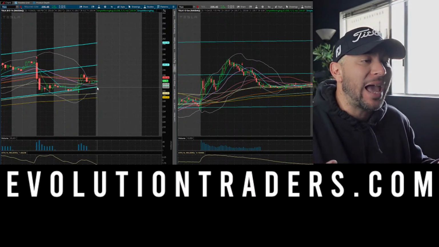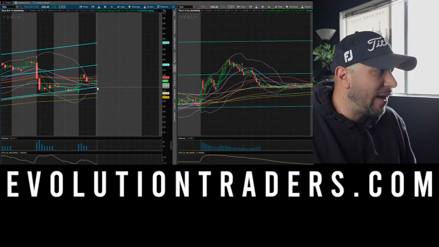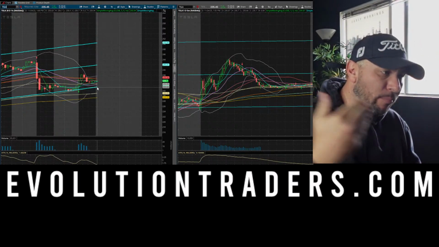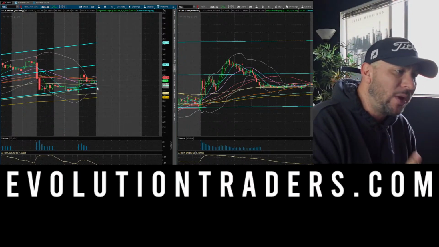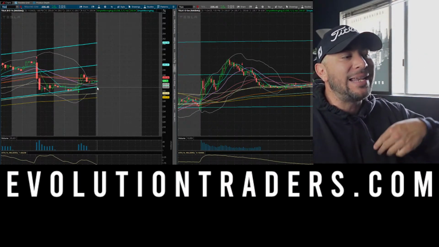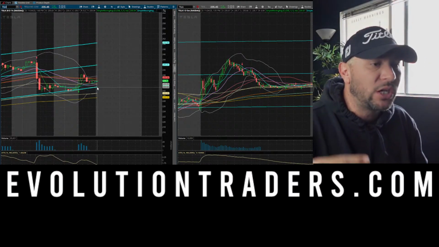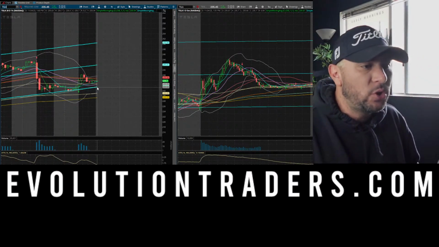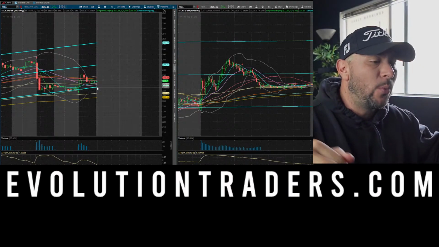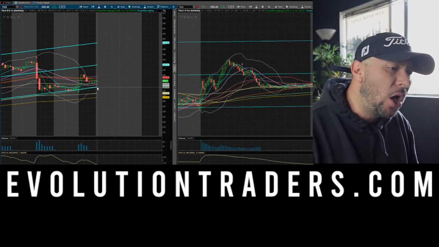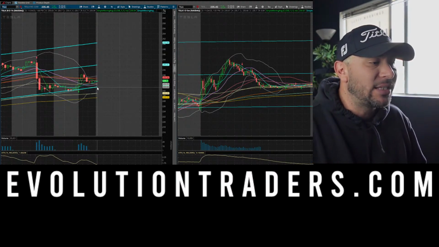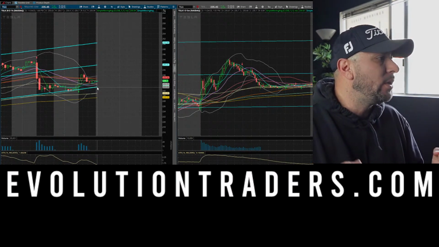What I need to see happen on a 5-minute time frame, I'll use a 5-minute time frame as an example, is I need to see that demand zone get broken, get pierced, put in a wick, close below something on a smaller time frame, and then I need a preceding 5-minute candle to confirm the new low. So if 233.34 is your pivot, that needs to get broken. And when that gets broken, that new low becomes your entry.